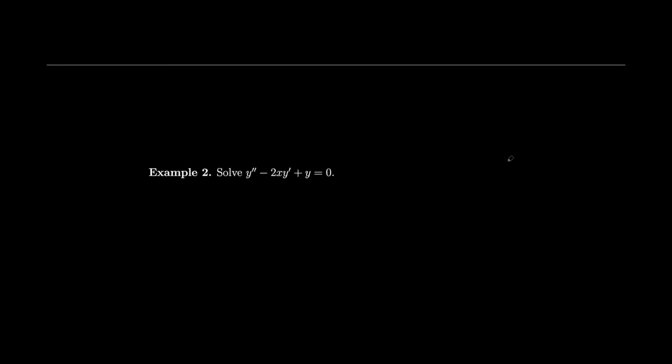Let's do an example where our solution will not be in terms of elementary functions. So first we'll write our solution, y equals the sum from n equals 0 to infinity of cn x to the n, our power series. We're assuming that this has a solution, and then we'll see what we get, assuming that it does. So we'll take the derivative,